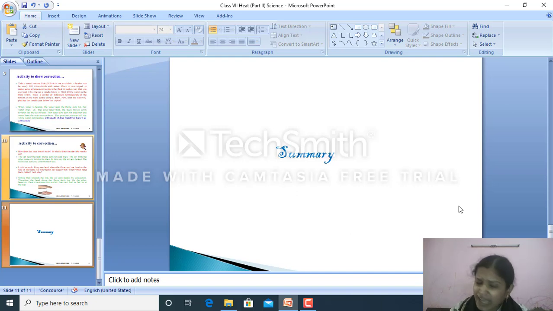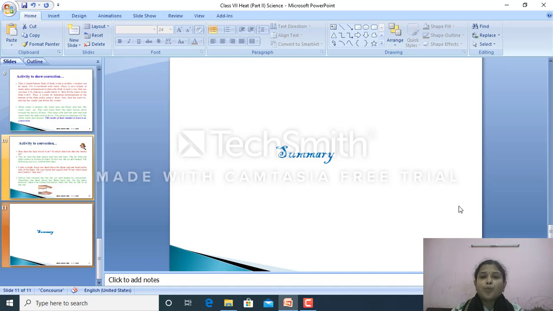Solids, a very easy activity was there. Take any metal rod, attach wax to it, fix the rod in between bricks, and place the candle at one end. Then you will observe the wax which was very near to the candle flame starts melting, then the next one, like that. That means heat is transferred from the hotter object to the colder one. This is how conduction takes place.